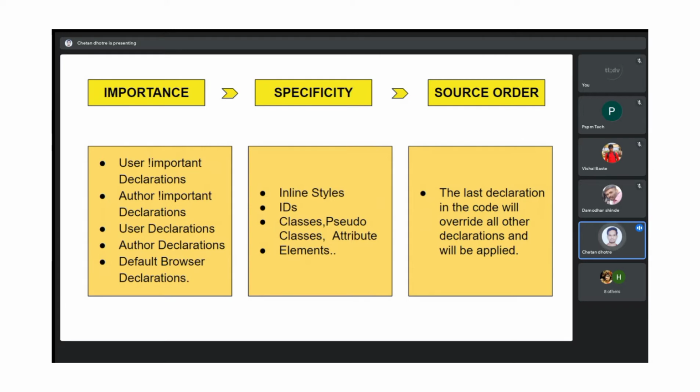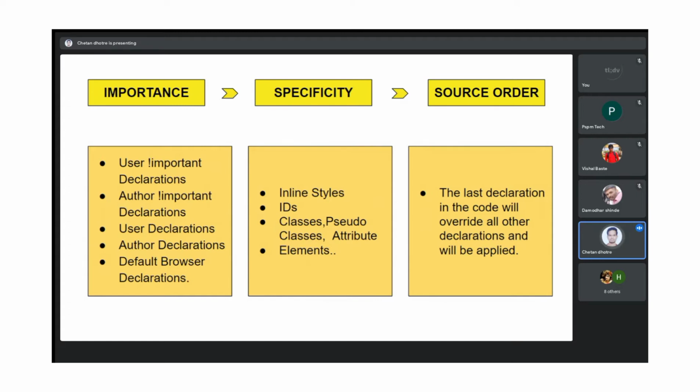So these are mostly important. Importance means if you have declared the CSS, this part is going to take place when your website renders or when your HTML code gets loaded. Whenever your skeleton gets loaded, the painting of that skeleton goes through this process. Whatever you have mentioned with the important keyword will get the most importance. That means if you have used a color and put important on that property, then the color gets implemented first, before the others.